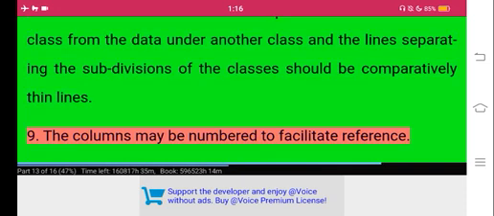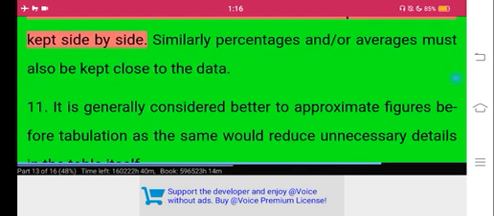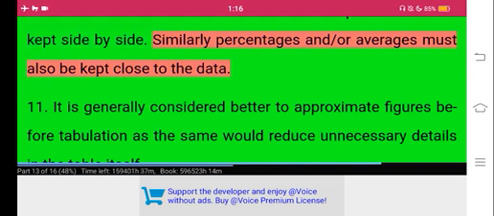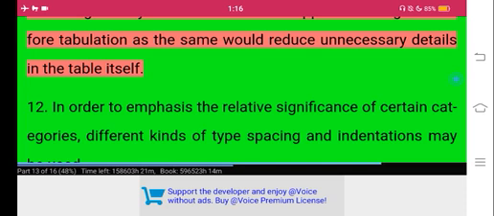9. The columns may be numbered to facilitate reference. 10. Those columns whose data are to be compared should be kept side by side. Similarly, percentages and/or averages must also be kept close to the data. 11. It is generally considered better to approximate figures before tabulation, as the same would reduce unnecessary details in the